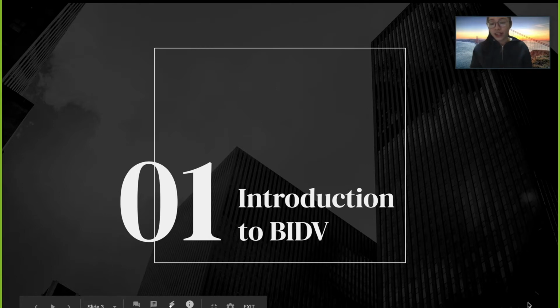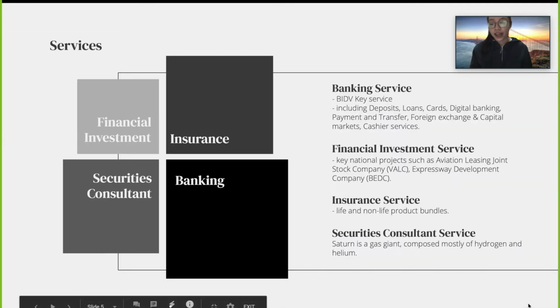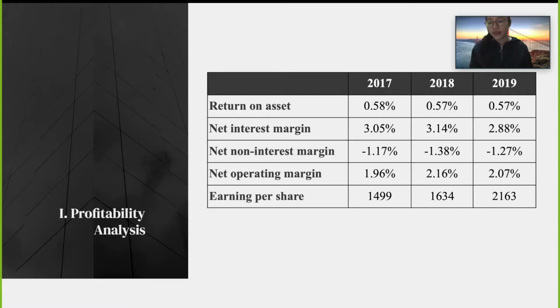As you know, BIDV has been the top ranked commercial bank in total assets in Vietnam, and it provides several kinds of service such as banking, financial investment, insurance, and security consulting service. In the financial performance section, there are two analyses, profitability and activity analysis. The former provides a number of important ratios such as return on assets, return on equity, and the net interest